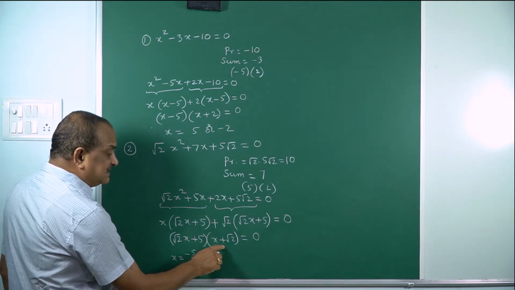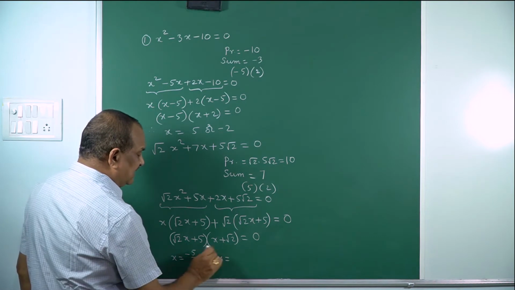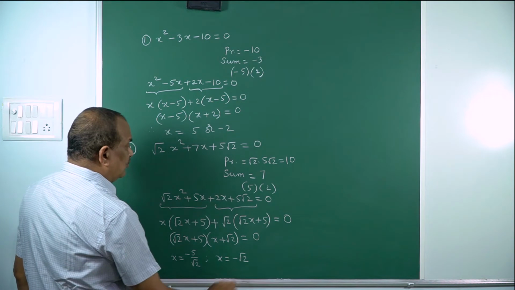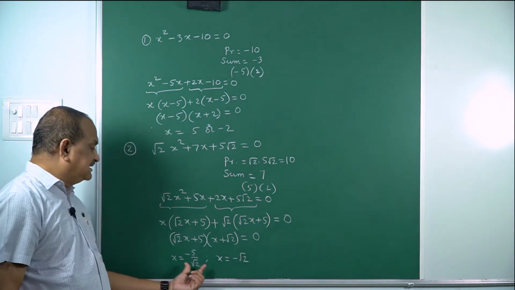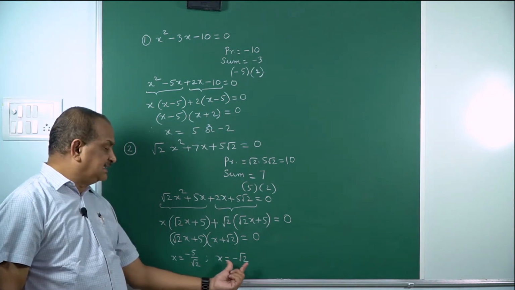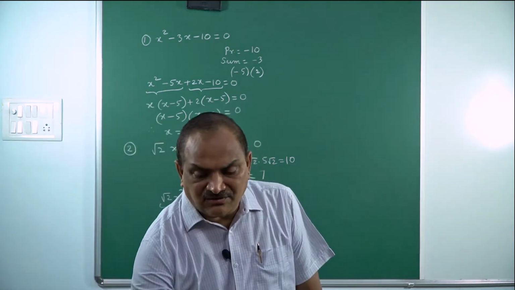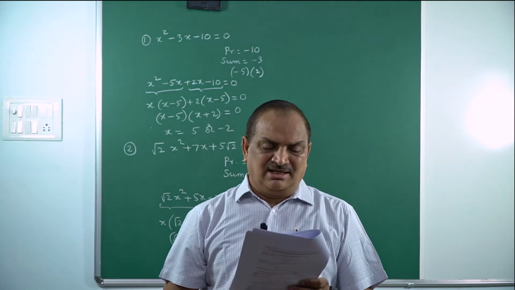And if this is 0, my x will be minus root 2. Okay, and therefore these are the roots. This is one of the roots and this is the second root. So roots we got like that. And in the next question,